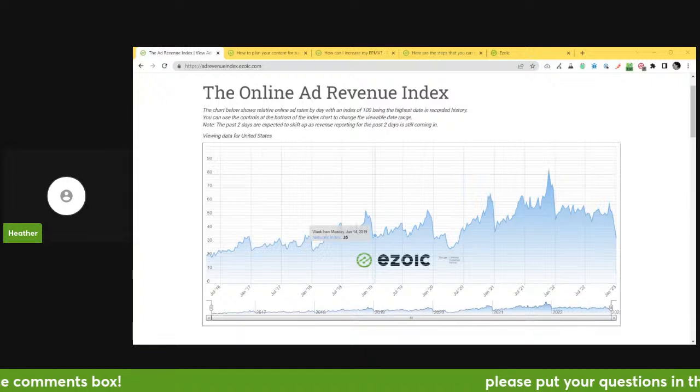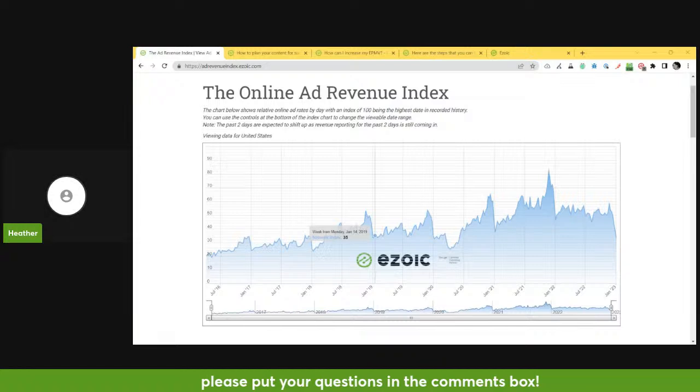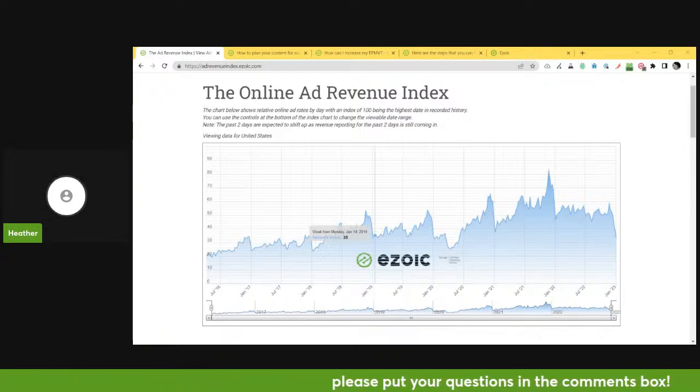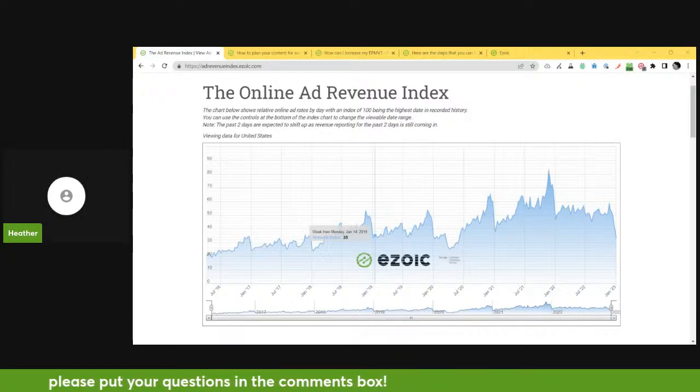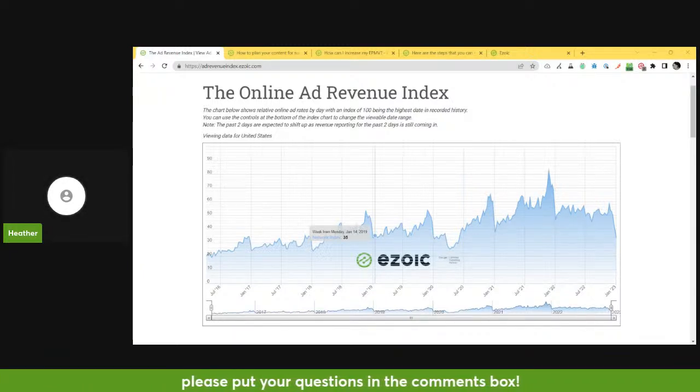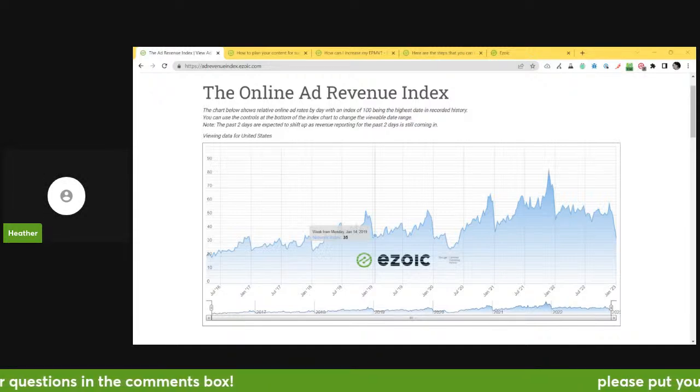What's really important to remember when you're looking at ad rates is that whilst the EPMV is low, there are ways that you can increase your EPMV by having a very well optimized setup, by using Flickerfi and Humix and the grow and share functions together, but also by creating content in areas that's going to drive more traffic to your site. Because what's really important to remember is that if you're driving more traffic to your site, even though the EPMVs may be stagnant, by increasing your traffic, you'll be increasing your overall revenue as well.